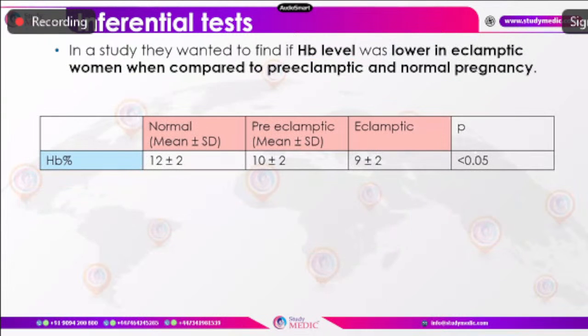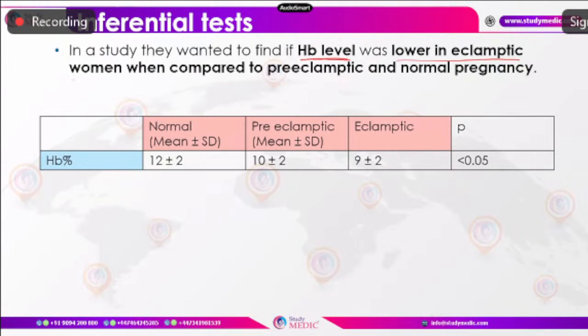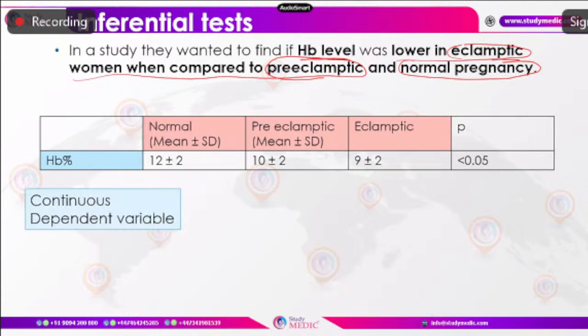Now, in another study, if they wanted to find whether the same hemoglobin level is lower in the eclamptic group when compared to pre-eclamptic or normal pregnancy, they wanted to find that. Okay, that means here you can see three groups: pre-eclamptic group, eclamptic group, and normal pregnancy. How is this hemoglobin level varying? That means a continuous variable, the mean of which is different in different groups,